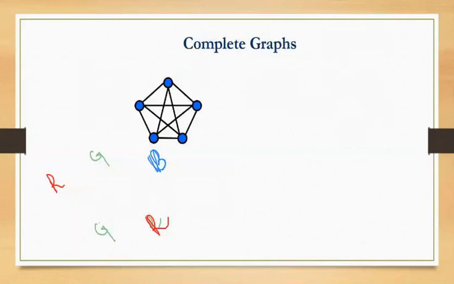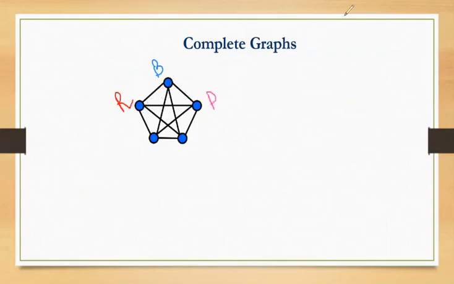we have complete graphs. So for complete graphs, let's check how many colors are required. This is a complete graph with 5 vertices. If I'm assigning this one blue color, what color can I assign to this vertex? I need to assign a different color because it is connected to this V1 vertex. So I am assigning the color red. Now what about this? For this, can I assign again red or blue? No, it is connected to the other 2 vertices, so I need a new color.